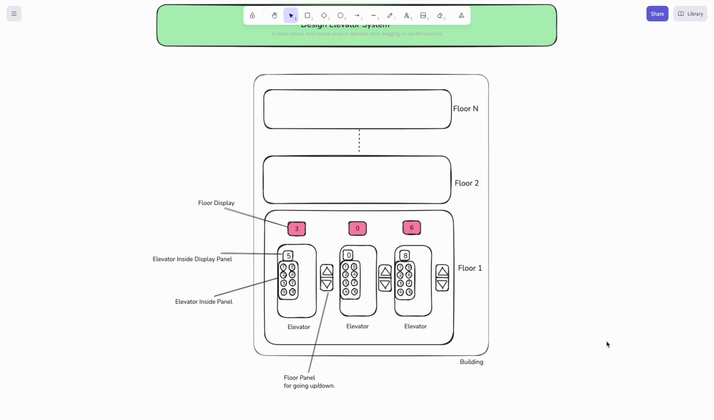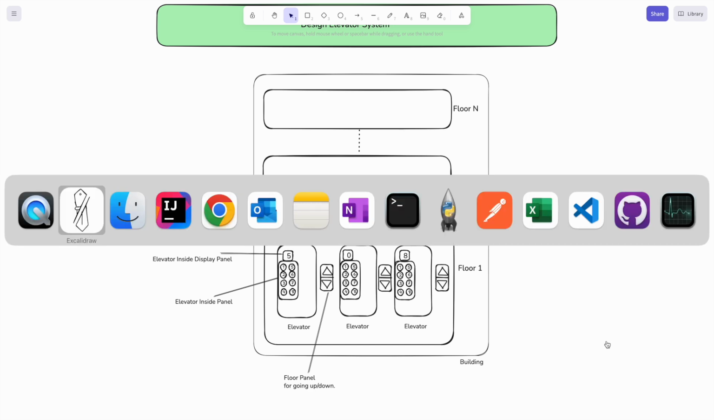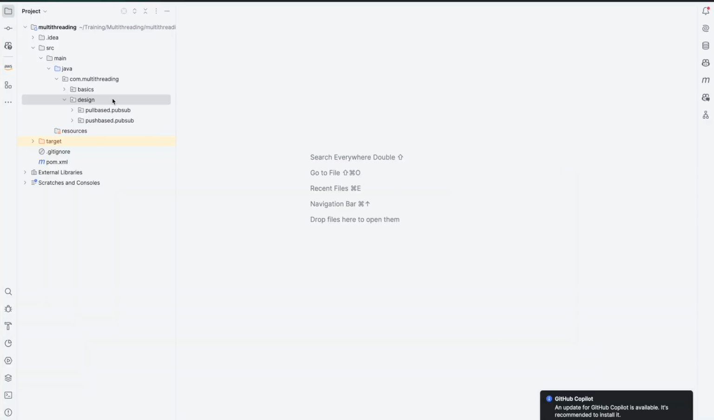So let's quickly identify it, and what I'll do is I'll just open my IntelliJ, and there I'll start writing the classes, and we will also maintain the relationships between them. So this is the same multi-threading code repository which I have already shared on GitHub and also in the links. In this same repository, I'll create the elevator